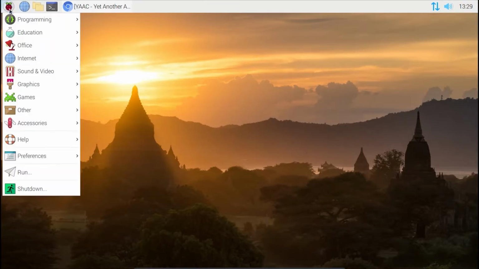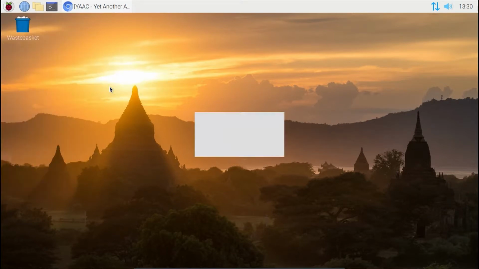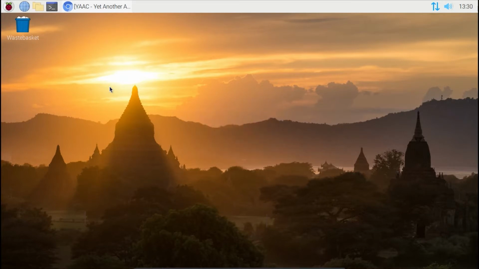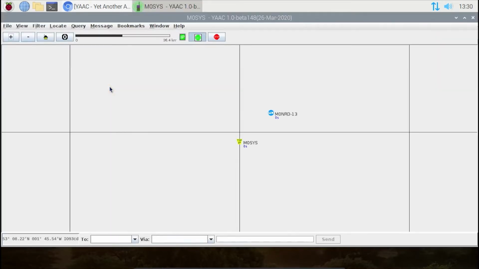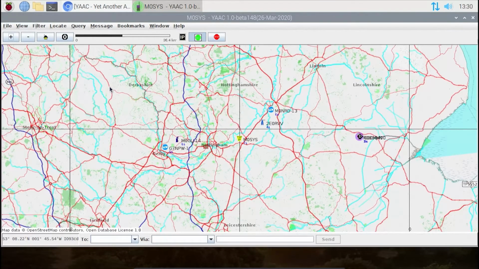And now, when we click on the Raspberry file here, in Internet, and there's YAAC. So, fingers crossed, if we click on this, it should start the program. And there we go. So we have the system up and running, all working great,